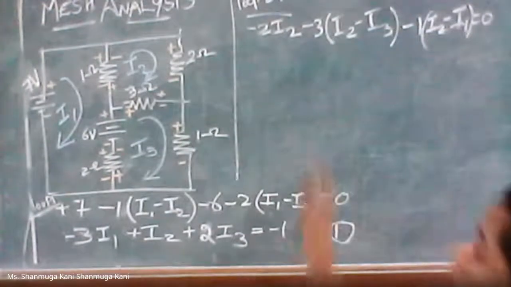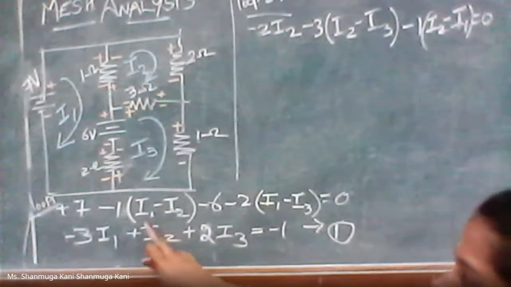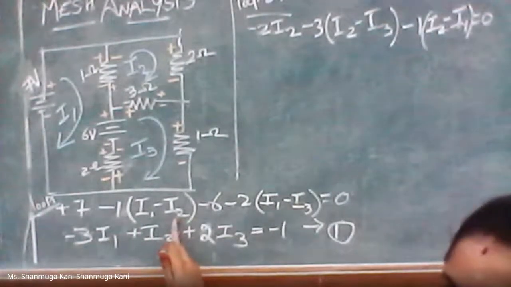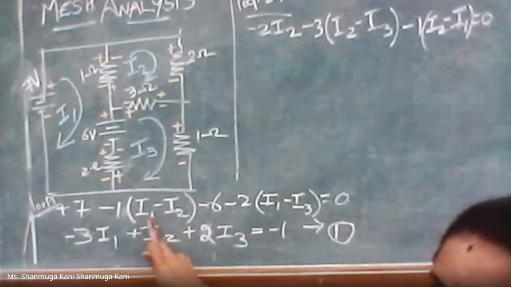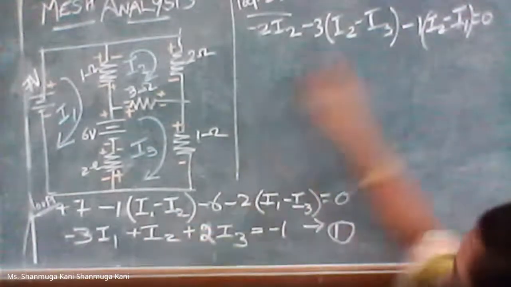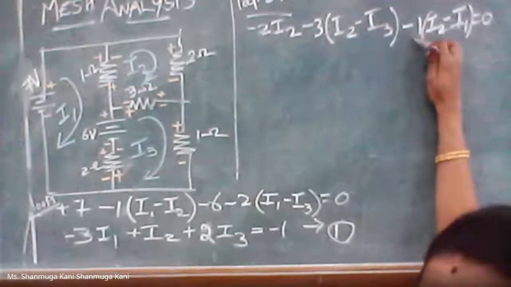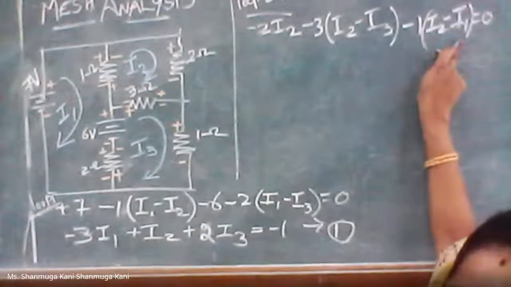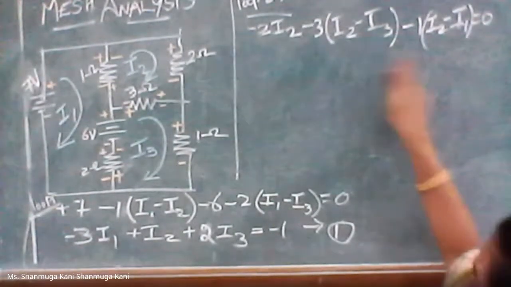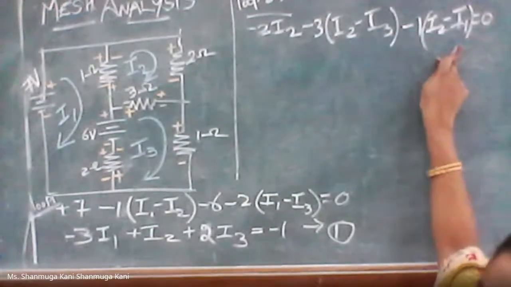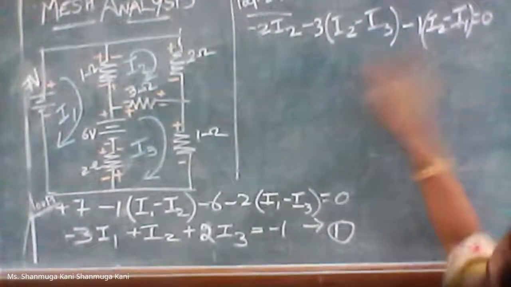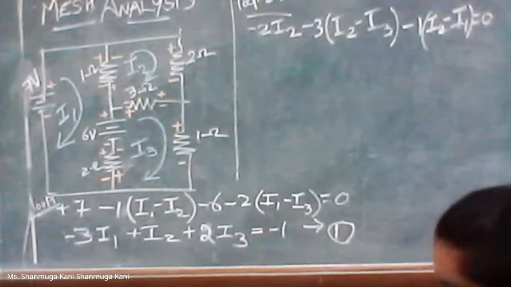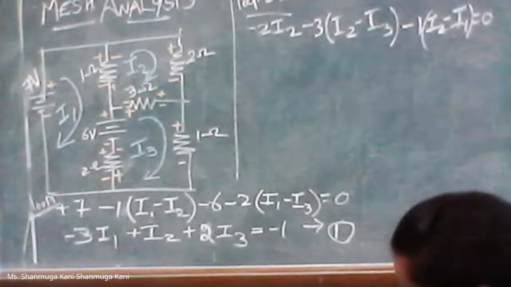If you see the first equation, we wrote the same 1 ohm as I1 minus I2. For the loop under consideration, that loop's current should come first. In the first loop it is I1 minus I2. Now we are writing the equation for the second loop, so it should be I2 minus I1. Be careful writing I2 minus I1; if you reverse it, your solution will automatically be wrong. Now separate your plus and minus terms, separate I1, I2 and so on.